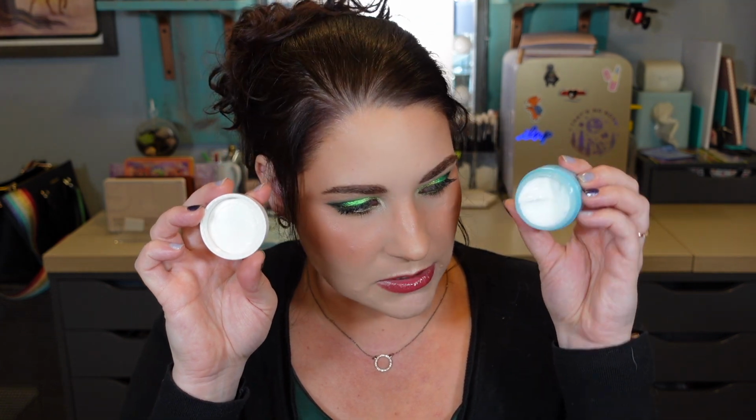Now, the birthday gift that e.l.f. was giving out, you did get a mini of their Holy Hydration face cream. I'm probably going to put this in my nighttime skincare, mainly because when I wore it one time, so I've already dipped into it, it pilled with the other products that I had on my face. So I absolutely do not tolerate pilling whenever I have makeup on. So I'll probably end up just sticking this in my bathroom and using this up as a nighttime,